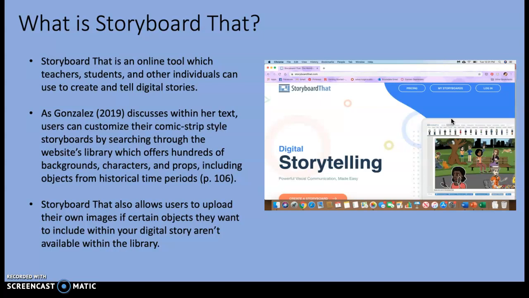As Gonzalez discusses within her text, users can customize their comic strip style storyboards by searching through the website's library, which offers hundreds of backgrounds, characters, and props, including objects from historical time periods. So, for example, you wanted your students to create a story about their favorite sport or hobby, and let's say they chose